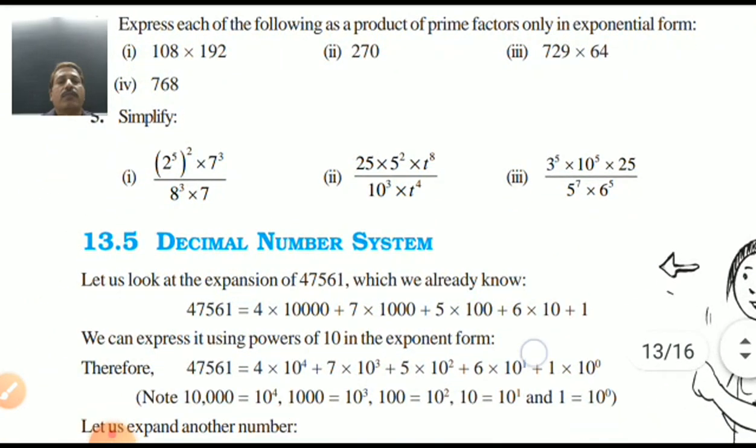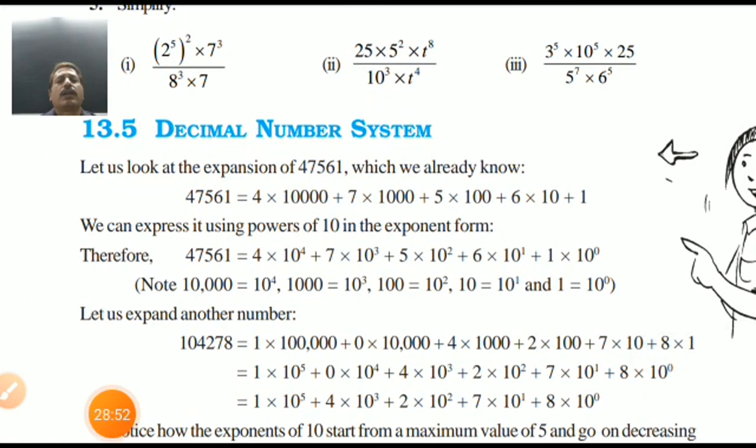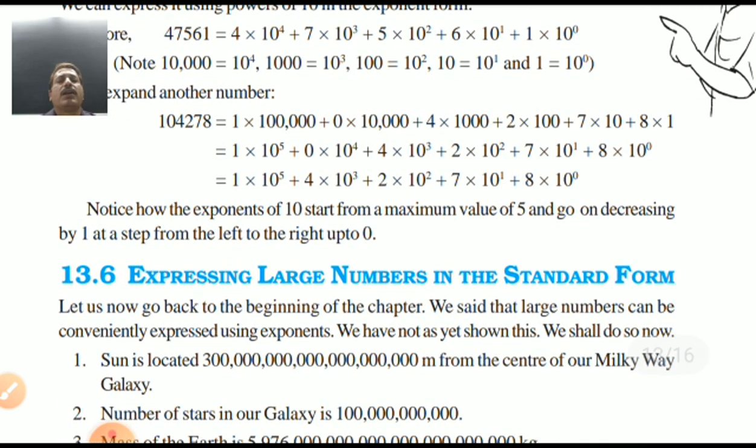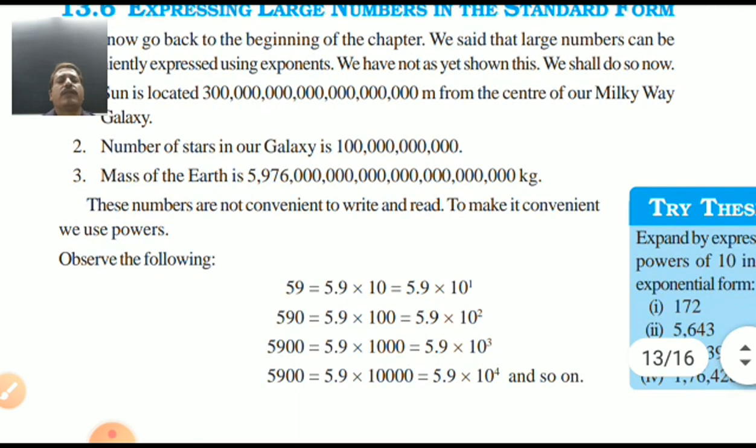Yes, decimal number system, last topic today. Can we complete it within 2 minutes? Yes, 1 it is taken. See, the number is written here. Very nicely, we already discussed previously. But in Dan base, we can write, expressing large numbers in the standard form. Yes, student, this is a very important topic. 59, 590, 5900 and 59000, but 1 zero is missing here.